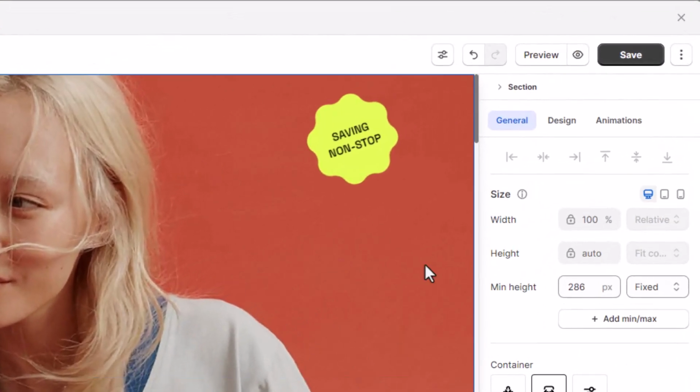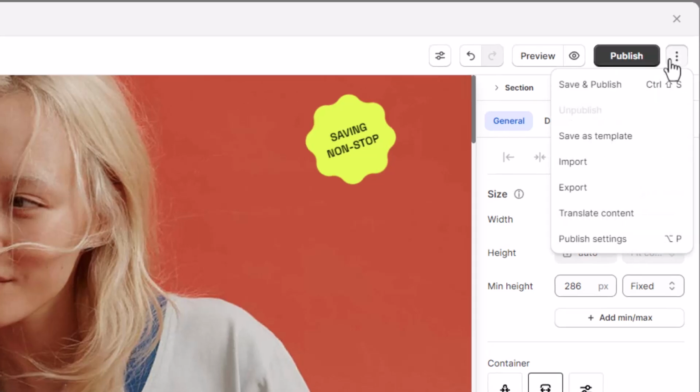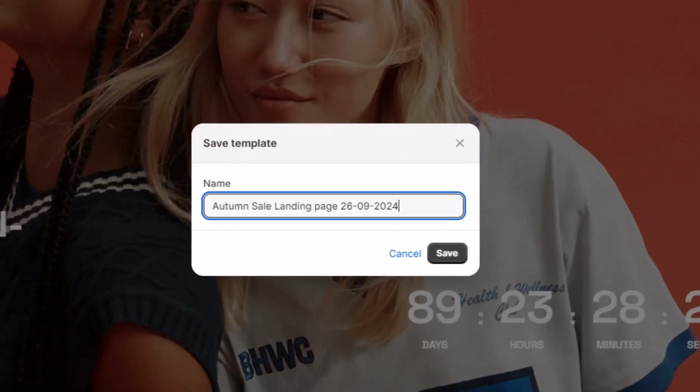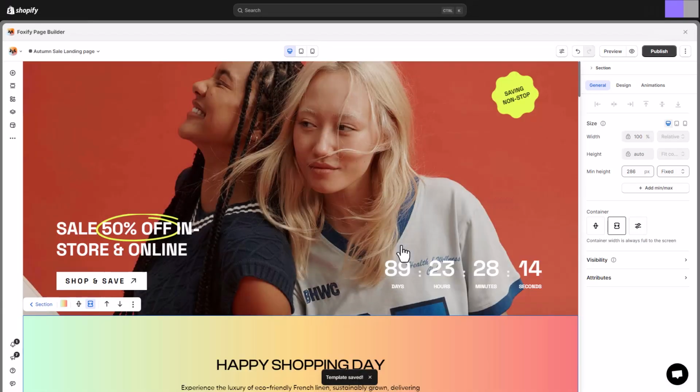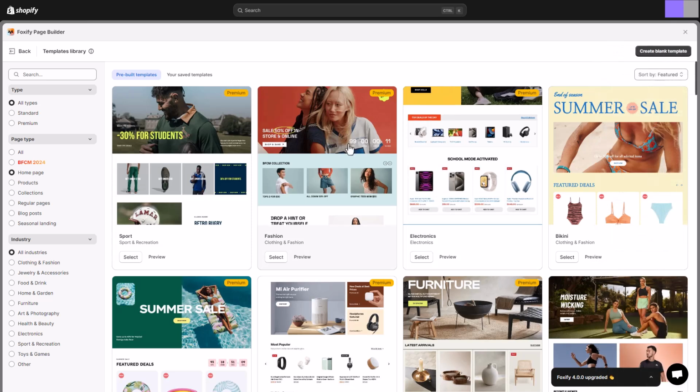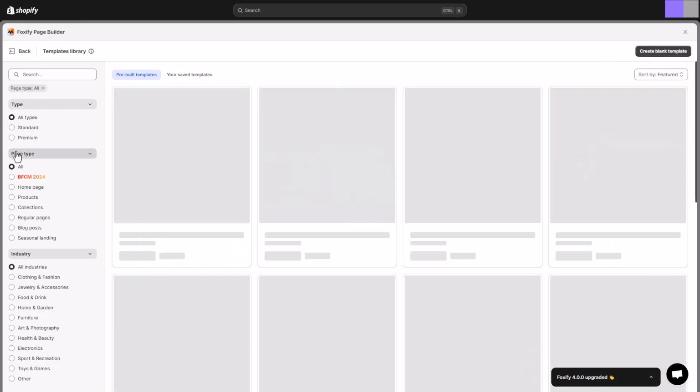Once you've created your perfect page, navigate to the top right section of the page editor and hit Save. Then open More Options and select Save as Template. To access and use your design as a saved template, create a new page and select the desired saved template